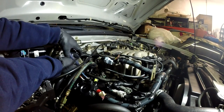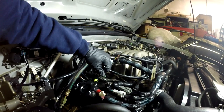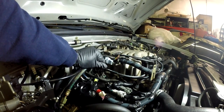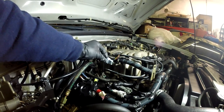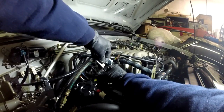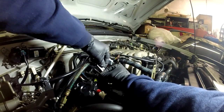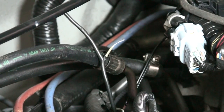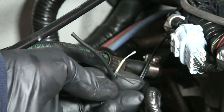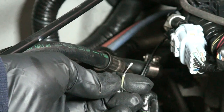Once you're in there, all you're going to do is clip down here, pull this wire back, and we're going to go ahead and cut two. There's a center wire right here, the white one, and the outer one is the shielding. Now the factory harness right here, you should have it looking like this right about now. Take the ground wire right here, just screw it together, and then the white wire, just go ahead and